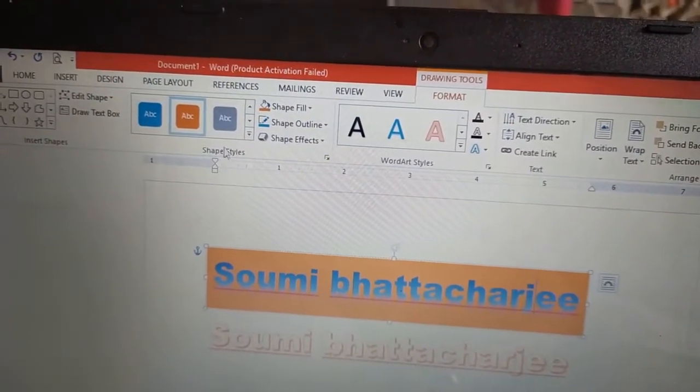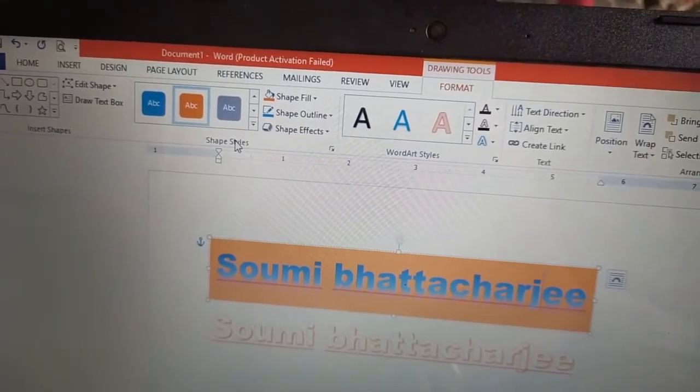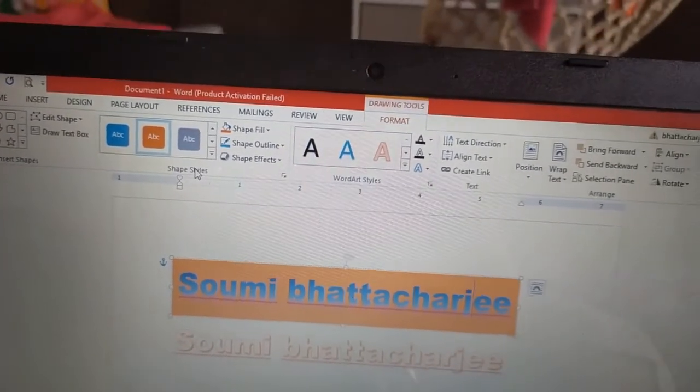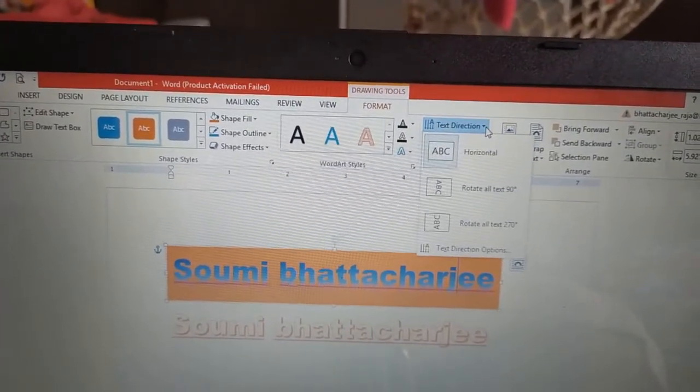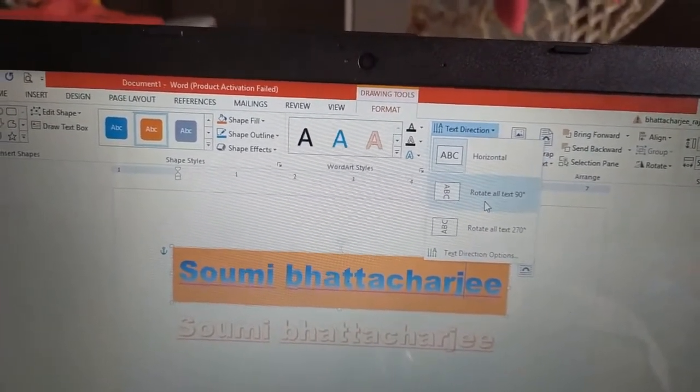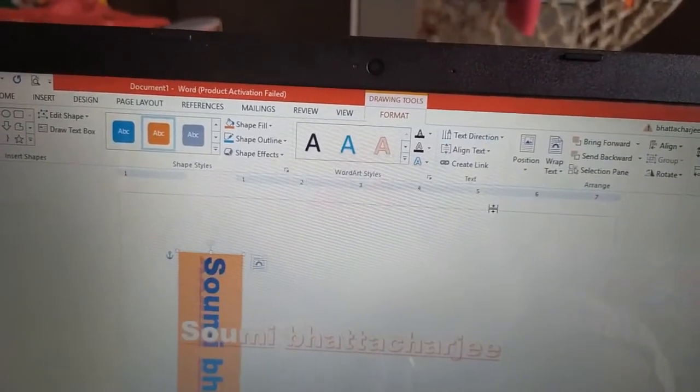The shape style is there. Text direction. In which direction we want our text.